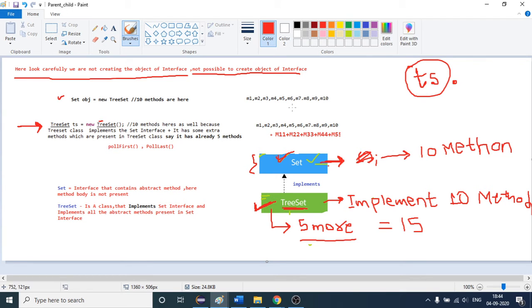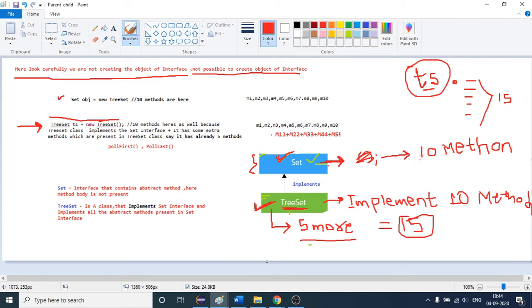So if you create the object like this, TreeSet ts equals new TreeSet, then this object has the capability to use all the 15 methods. As soon as you put the dot operator, all the 15 methods will be displayed here. So suppose the count is a total of 15 methods. So this is one way.